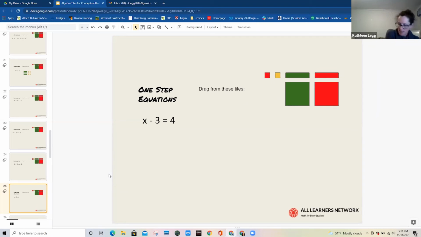And the reason I'm not is because I feel like that manipulative, it's an online one, I think. I guess they draw them too. It's not super transferable. Kids are used to using tiles a lot. We can use them for a lot of different things. And so I feel like they're comfortable with them already. In modeling one-step equations, a lot of times I'll give a kid a mat and then